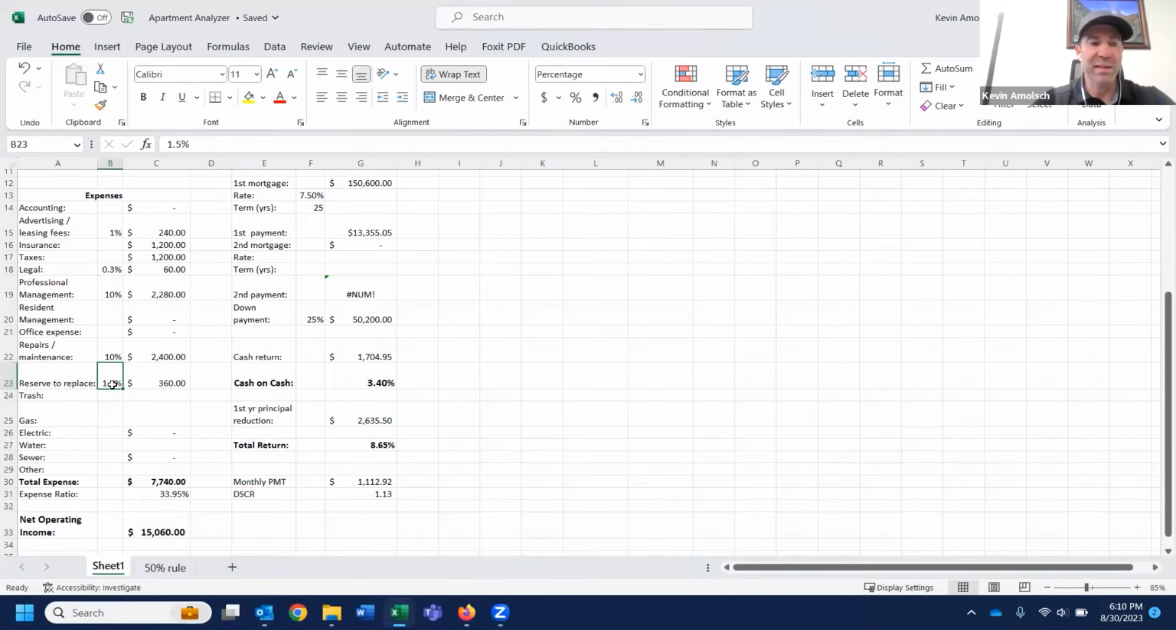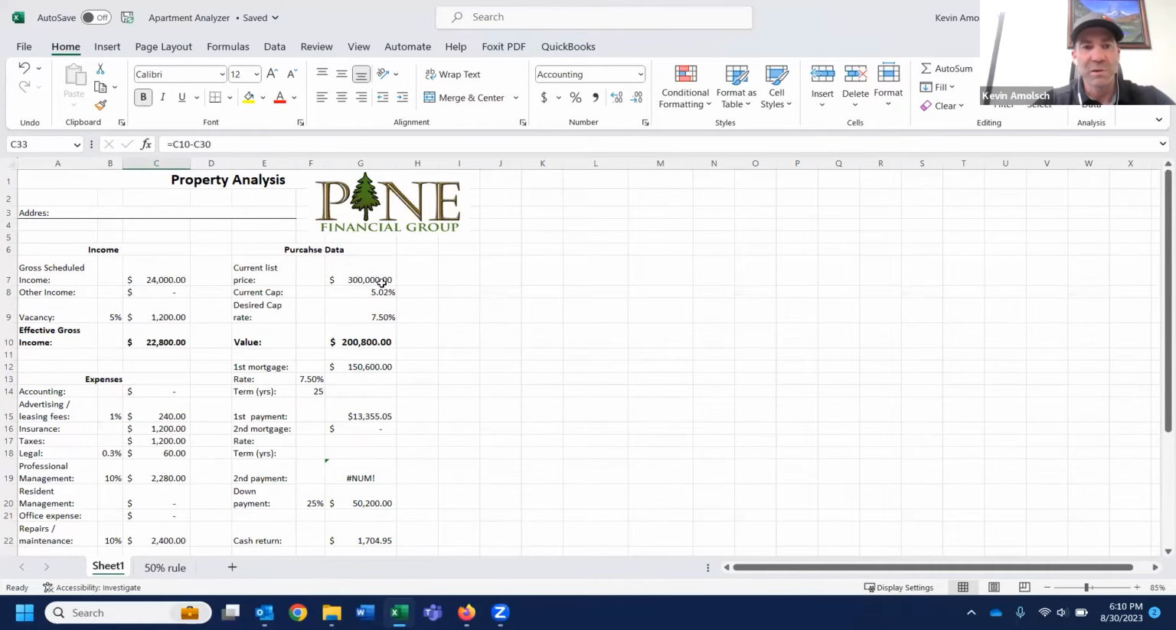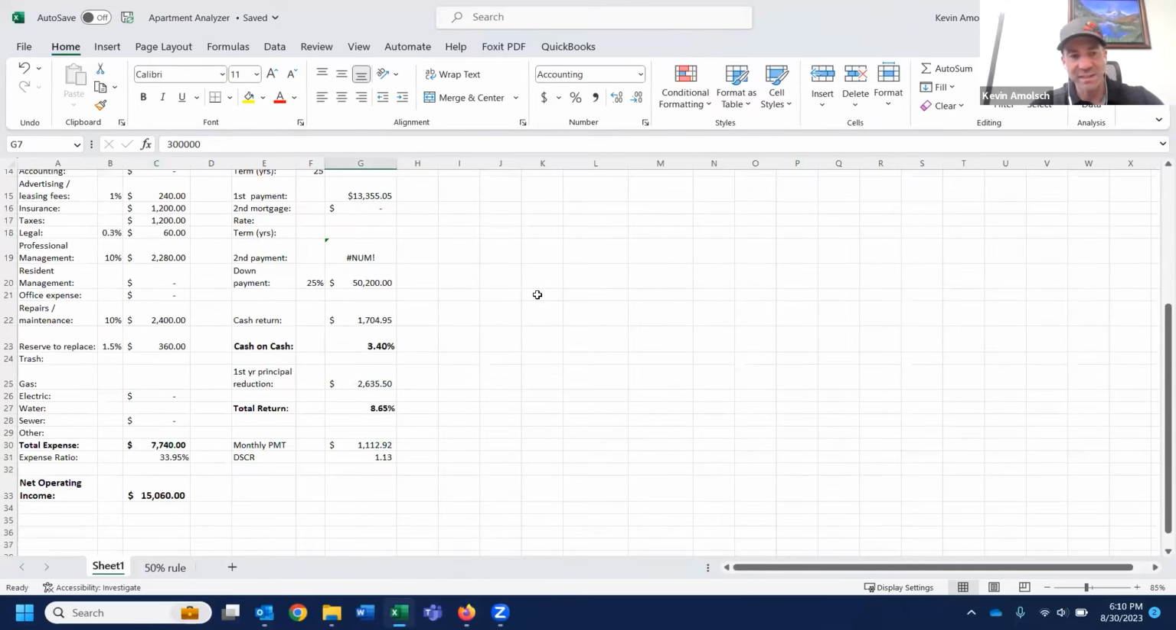Reserve to replace is actually for those bigger ticket items. So setting aside a little bit of money every month to handle a larger expense. I like to use a 1.5% reserve to replace. Okay, so the total expense is $7,740. So our net operating income, what we actually get to keep before any leverage, is $15,060 per year. Okay, so I'm going to say if it's a $300,000 purchase, to get that $15,000, that's going